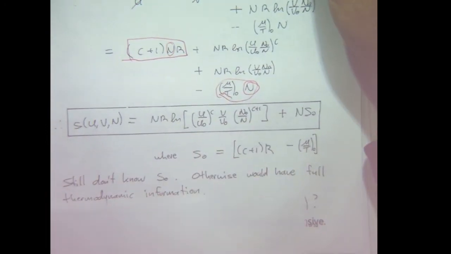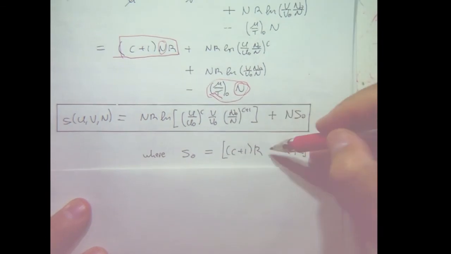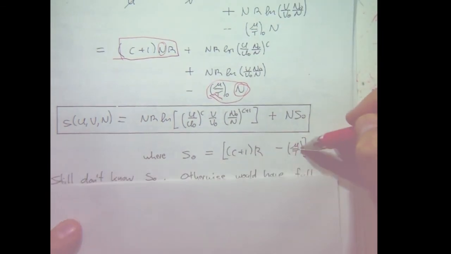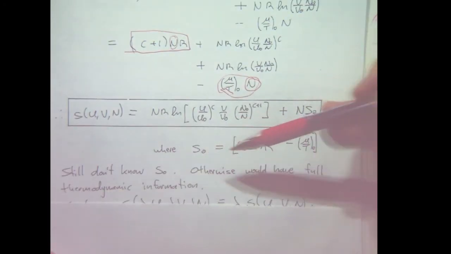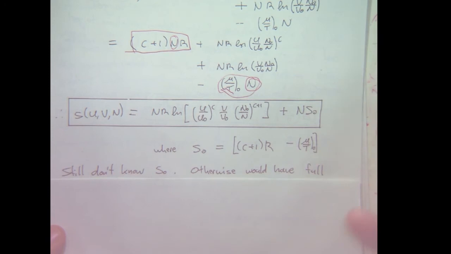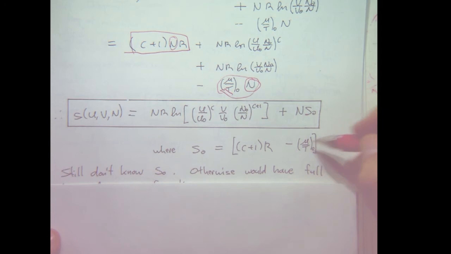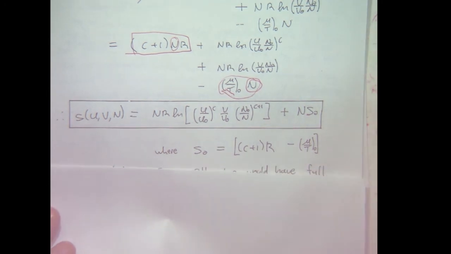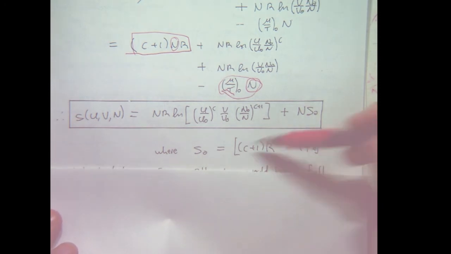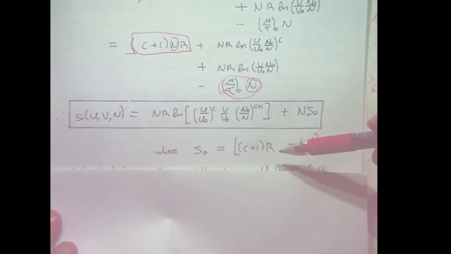And S naught is just C plus 1 R minus mu on T naught, the reference value for the chemical potential divided by the temperature. We actually don't know what S naught is. It's all relative to whatever reference value that is, but it's really entropy differences that matter. It's just like a potential in mechanics. It turns out that with statistical mechanics, you can work out what S naught is explicitly in terms of fundamental constants, H bar, M, and